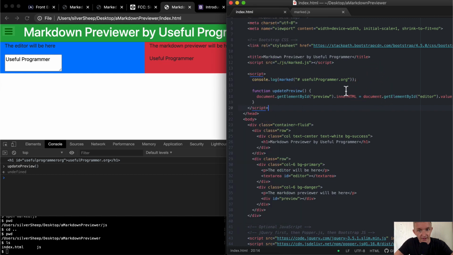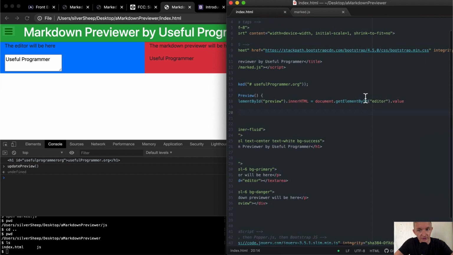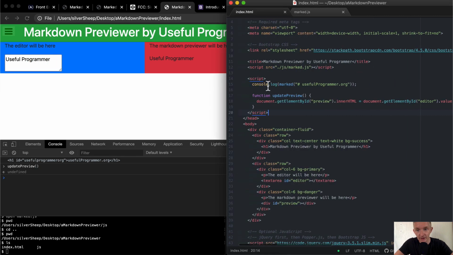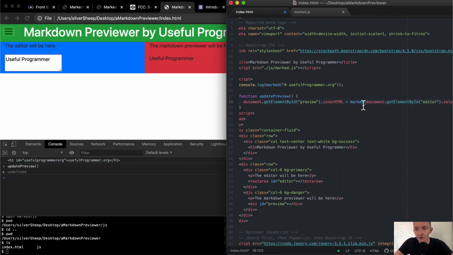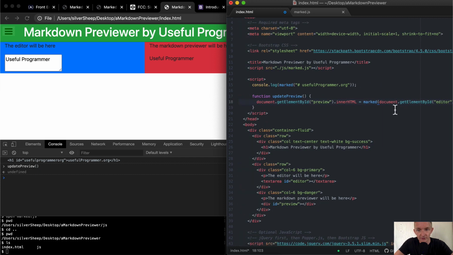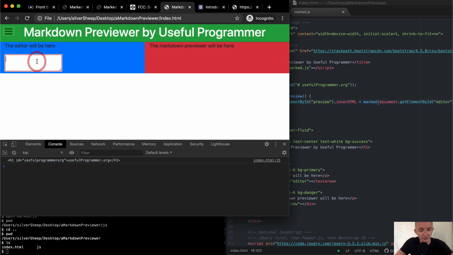Which is awesome. And we don't want to just copy whatever the string of the value in here. We want to actually make it the marked value. So if we go marked and call it in here, we call the marked value on the element that is the value in the string. If I save this and refresh the page, in GitHub Markdown, if you go pound, that simplifies to an H1. So now I could go useful programmer, and because it's getting run through this marked function, if I go preview,